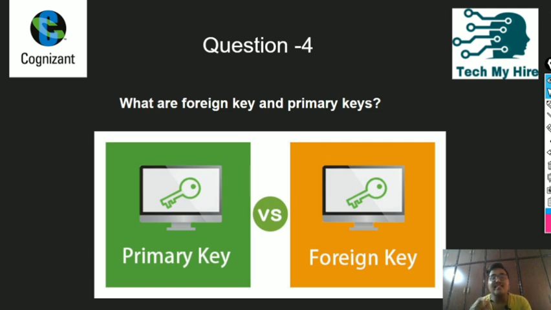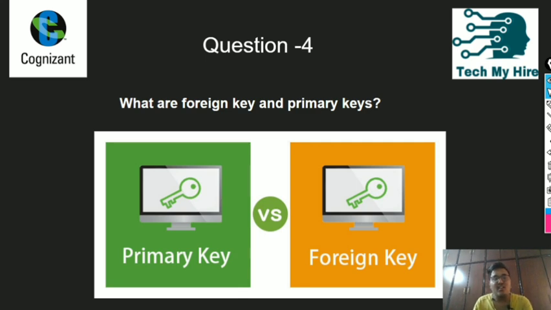This uniqueness is given. The primary key talks about the uniqueness. To identify any row or a tuple in a relation or in a table, we can use this primary key. Primary key talks about the uniqueness, and that uniqueness is used to identify a row in a table or in a relation. In RDBMS we call a table a relation. So this primary key is used to find the row in a table.